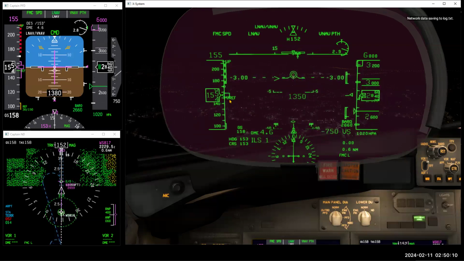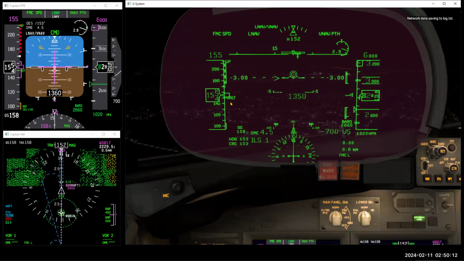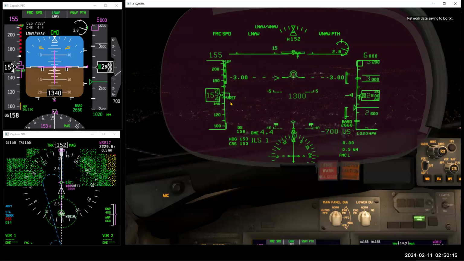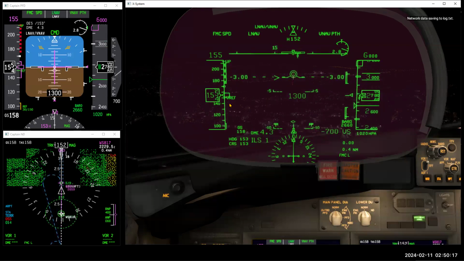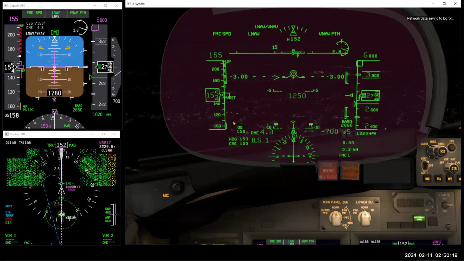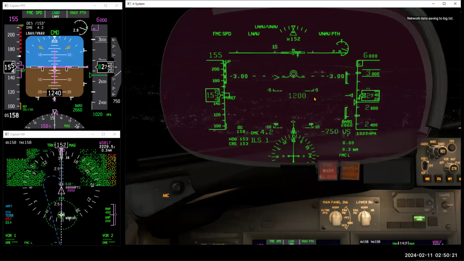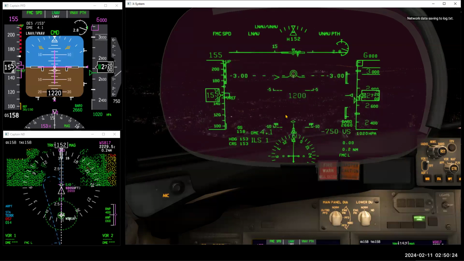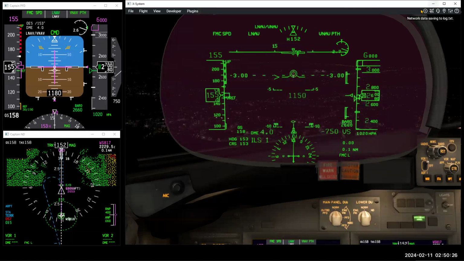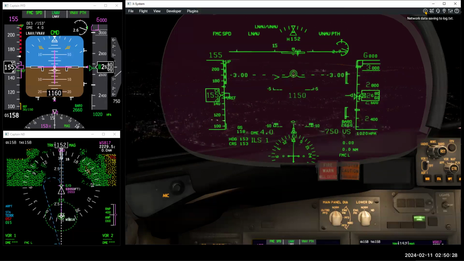All right, so you follow your company SOPs on the calls. In some cases, it's approaching minimum, and then minimum continue, or minimum runway in sight, whatever. So let's freeze the simulator here at minimum. All right. This is how you execute an RNAV approach,